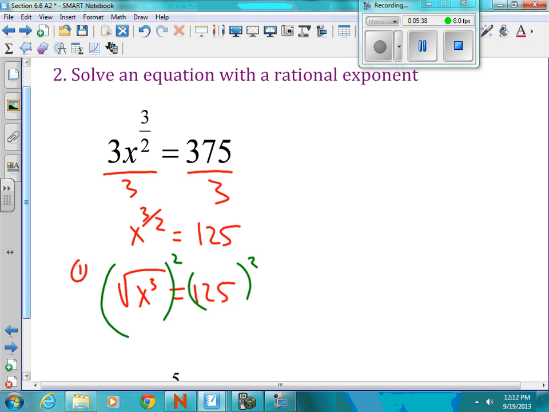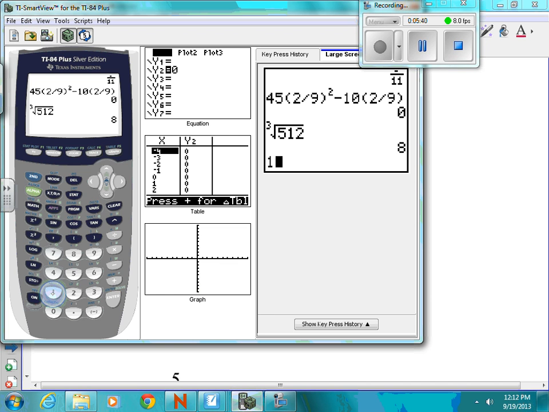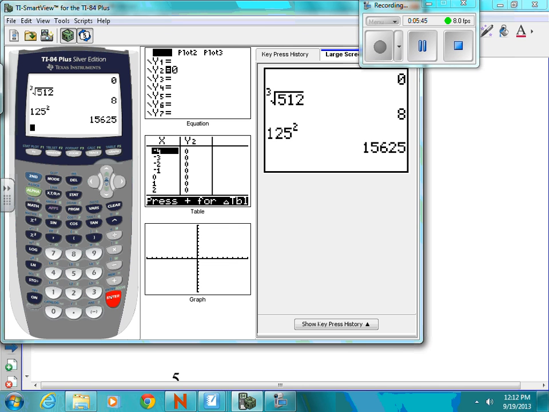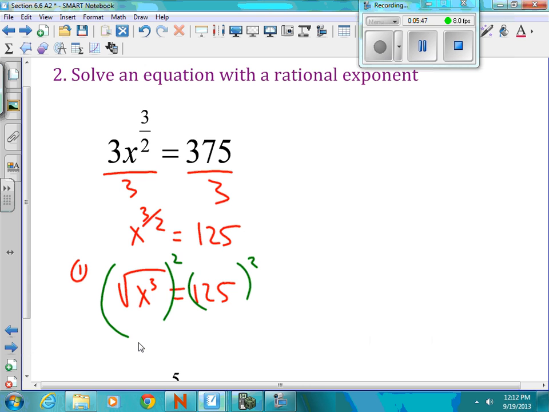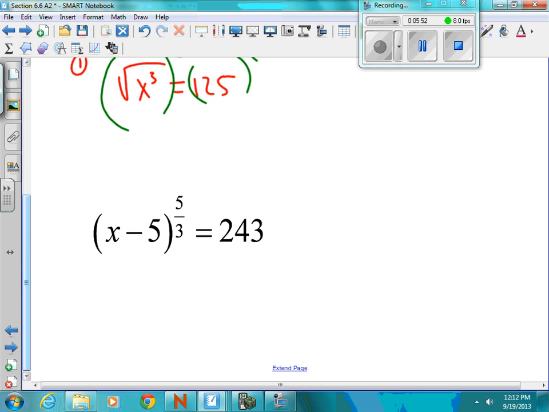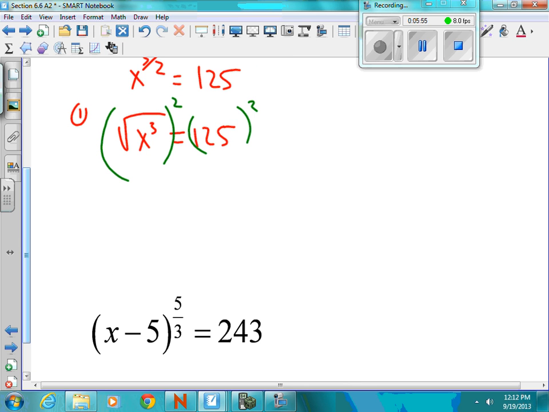When we square both sides, what is 125 squared? 125 times 125. 125 squared is 15,625. So, let's go there. 15,625 equals x cubed. Now we cube root both sides. It's the cube root of